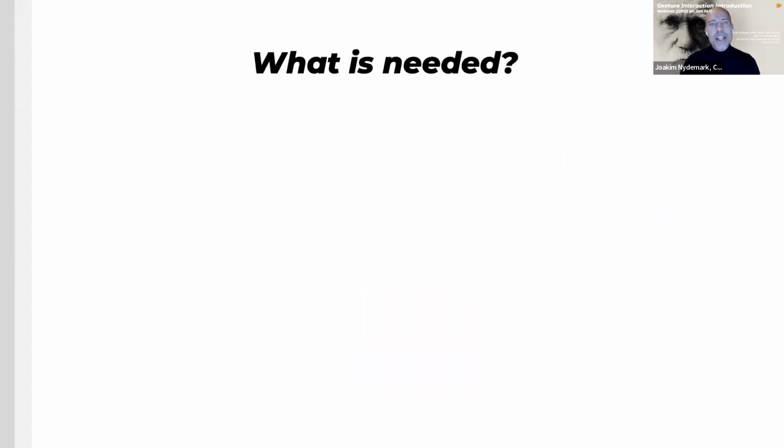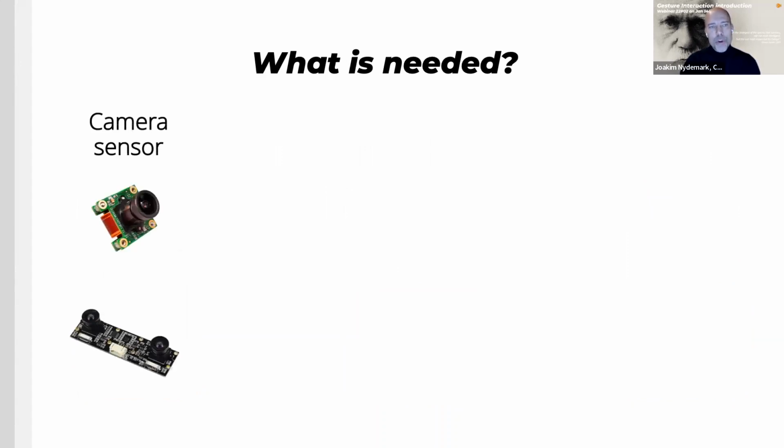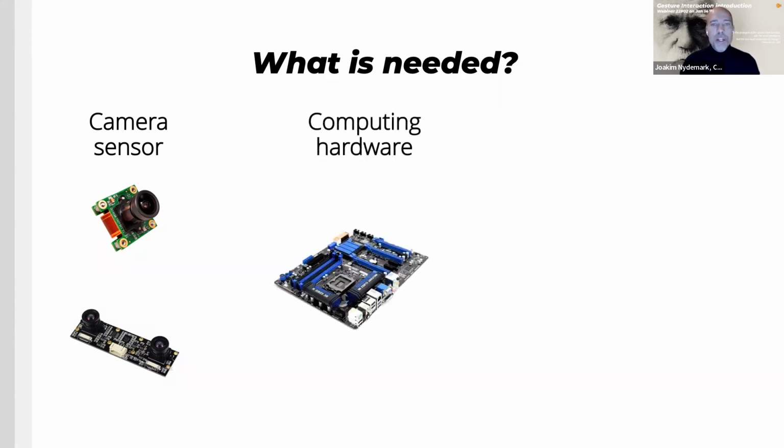So what is needed to make this happen? Well, of course, you need some sort of eye to this system. So our eyes here is camera. So the camera sensor is needed, and they come in different types and models. These are a few examples. This is a standard, let's call it RGB camera that you can find in any mobile device. The other one is what we call a stereo, so you have two lenses, but again, a camera that is feeding images. Then you need some sort of computing hardware, and this could be a hardware in any electronic device,